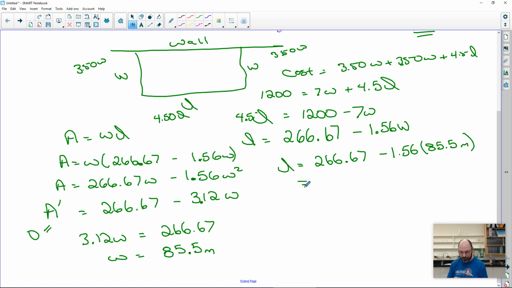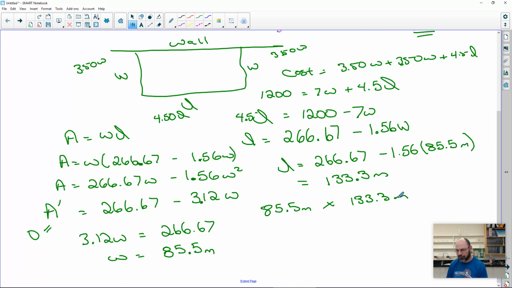Okay, that's 133.38, and we subtract that from 266.67, and we get approximately 133.3 meters. So our dimensions are 85.5 meters for the width side coming out of the wall, and the length would be